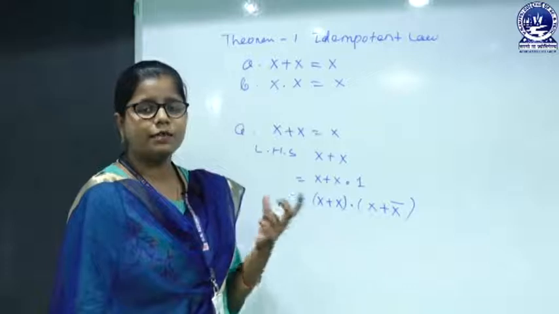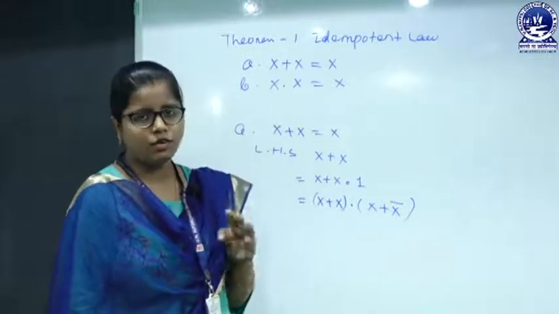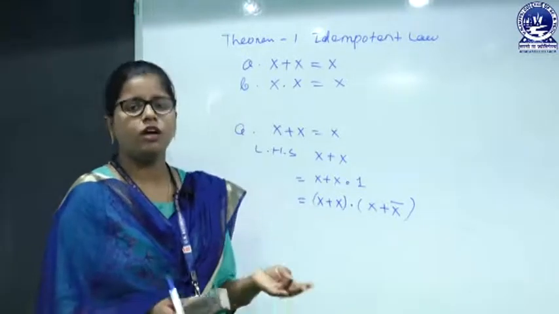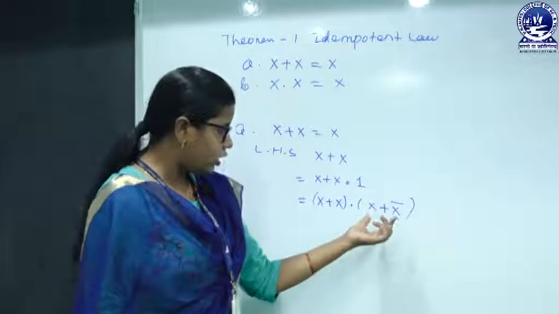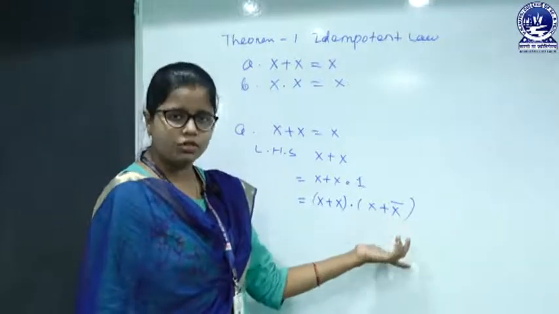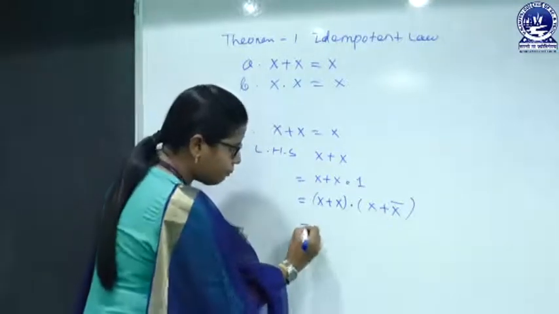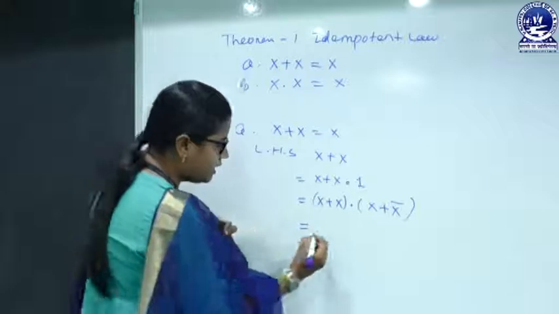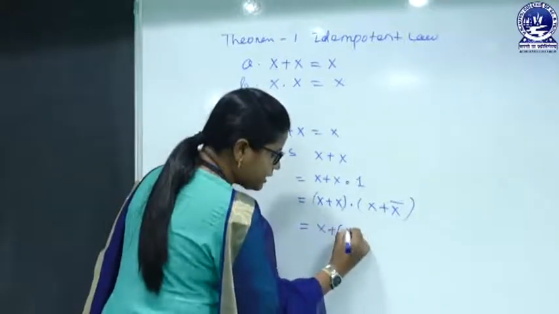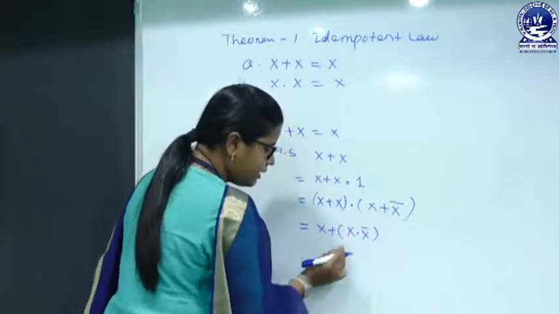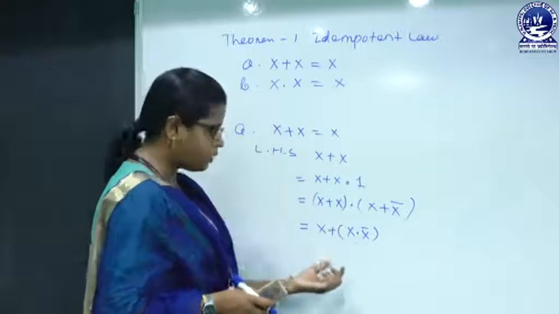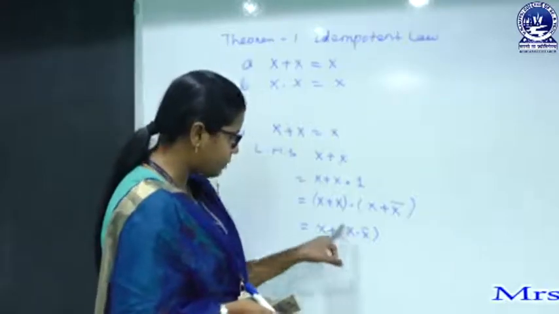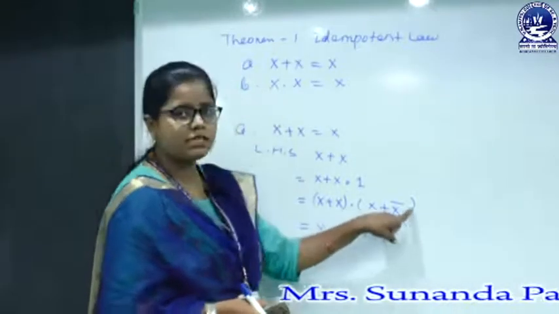So what are the basic Boolean laws? They are like your associative law, distributive law, like that. There is the OR law, x plus x complement is equal to 1. So if I apply the distributive law here, x plus x into x complement, this is also by the distributive law equal to x plus x into x plus x complement.